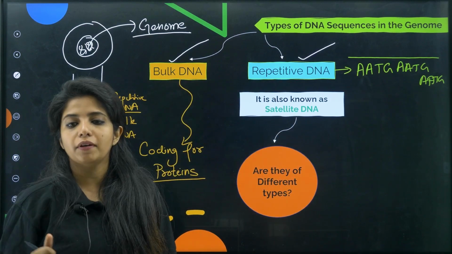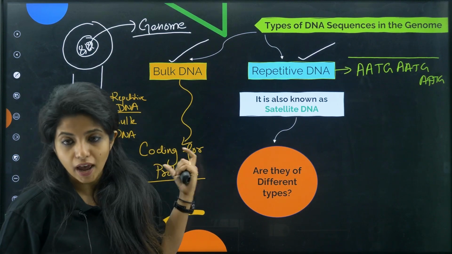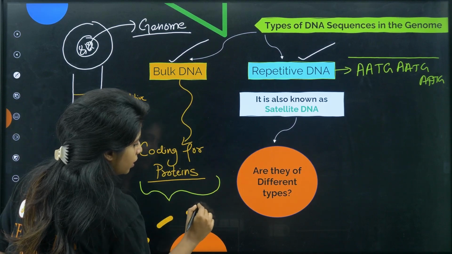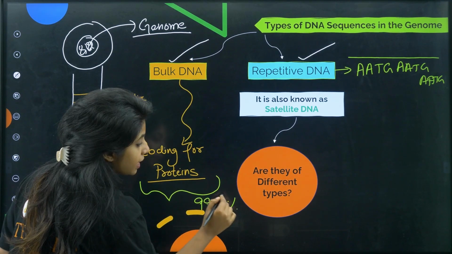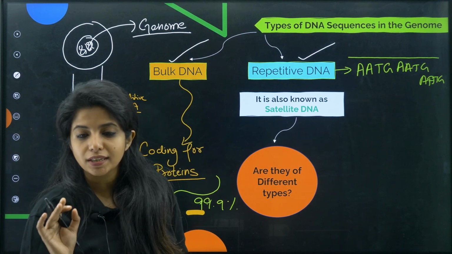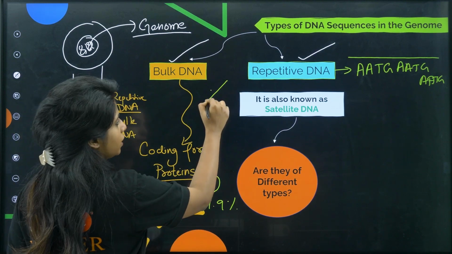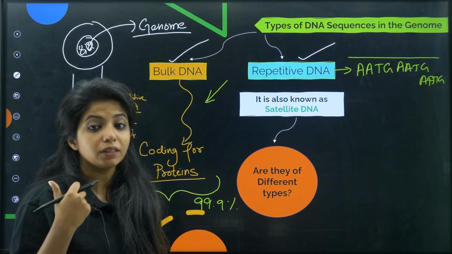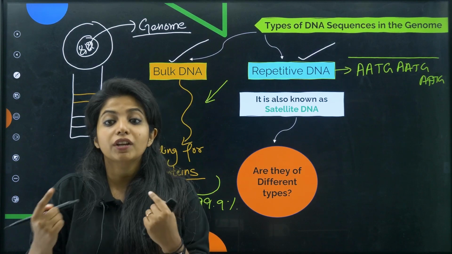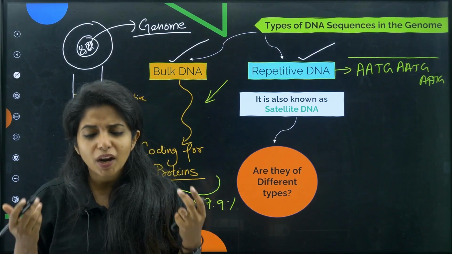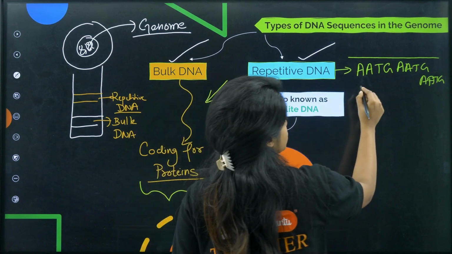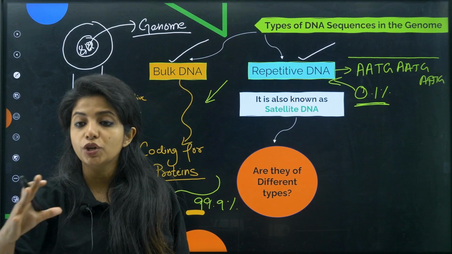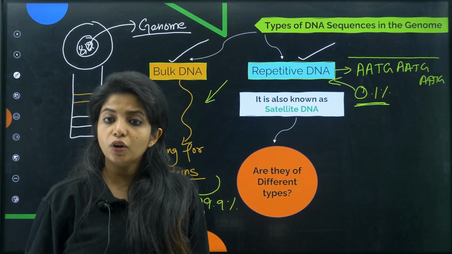And I'll tell you one fun fact about it. The bulk DNA that you and I are having, we almost have 99.9% the same DNA. And it's because of the bulk DNA, because all of us have the same type of bulk DNA. So this 0.1% difference between you and me brings the variation, makes us very different. And who is responsible for that? This guy is responsible for that. So the 0.1% difference which makes us totally different from each other is because of this repeated DNA sequence. Now you might wonder how.